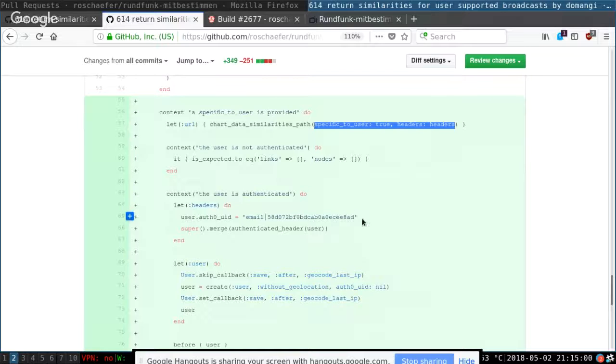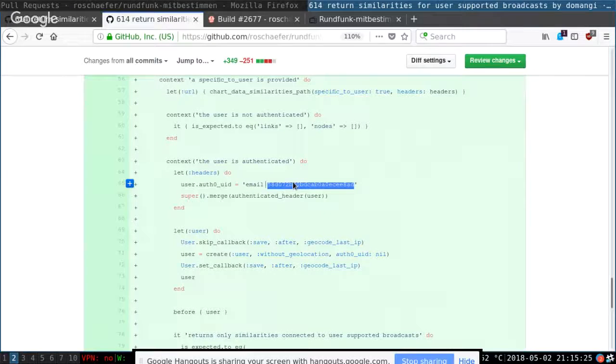Why do we need this one here, like line number 65? Well, we decided not to use a user ID in the request, but to get the user ID from the authentication header. So we need this to retrieve the user ID of the authenticated user. I think this is something I copied from other tests, but I think it works this way.